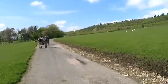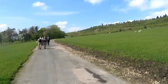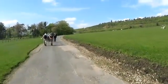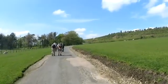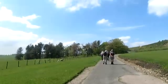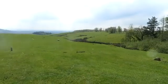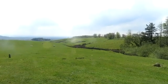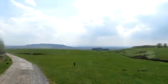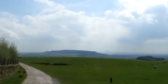We're carrying along this path now for about a mile, I would think. And then we cross the road, and then we've got another walk back to Caldervale, about another mile on top of that. Well, we've left Bleasdale Tower and we're heading north now. This is Beacon Fell. As we said,